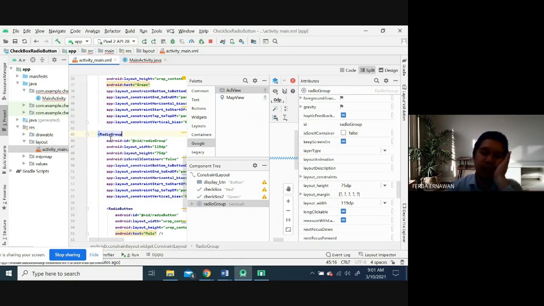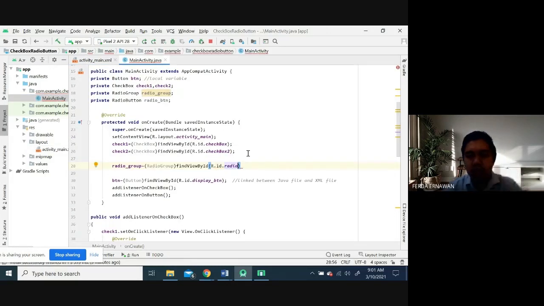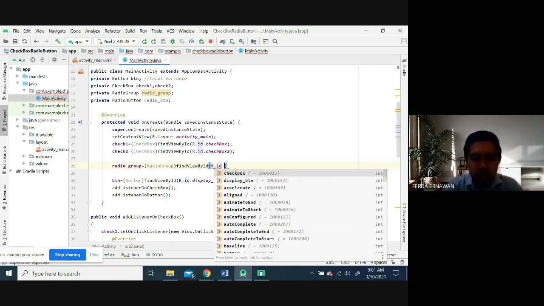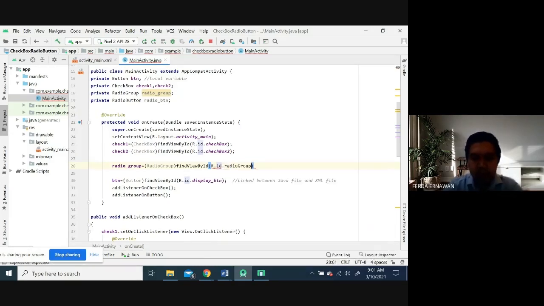You have to know the syntax here, the following syntax. Add plus ID slash, and this is the ID. Android ID equal to double quote and so on. Okay. This one I'm but radio group.